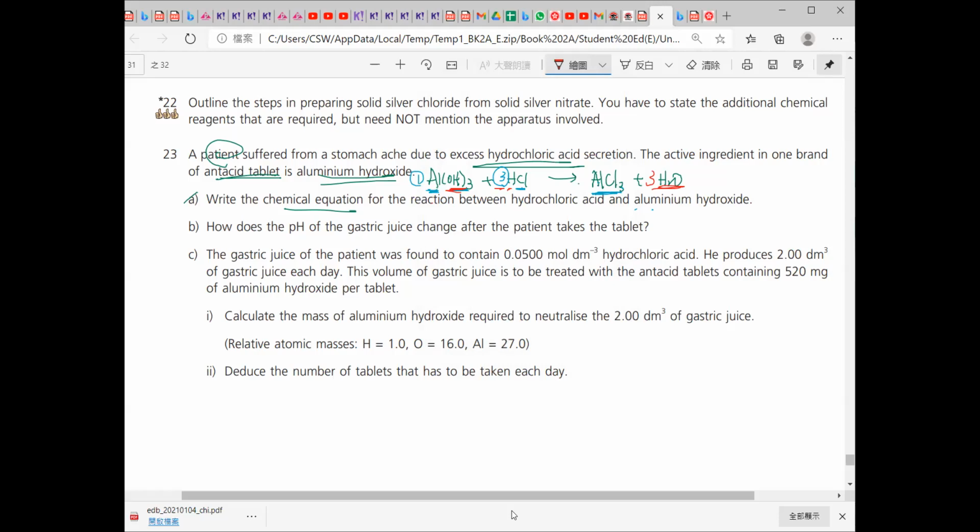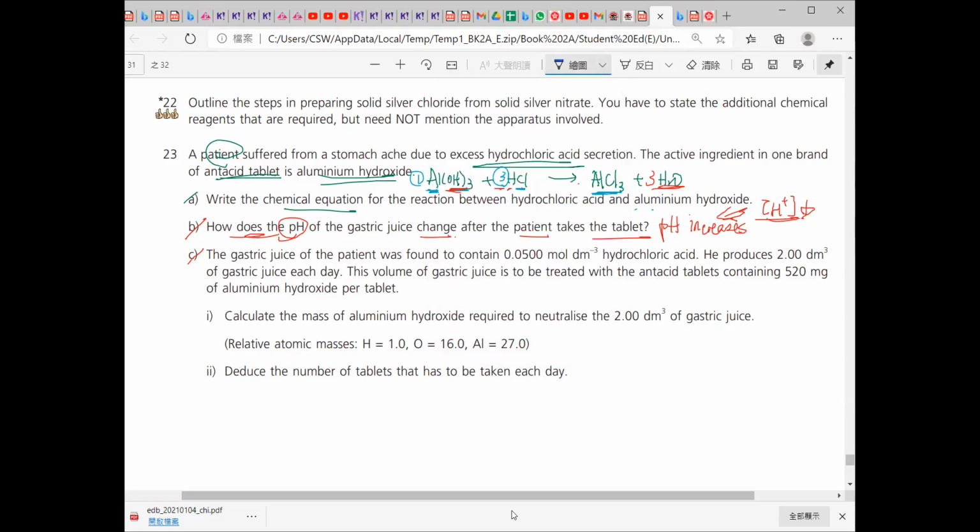And then second, how does the pH of the gastric juice change after the patient takes the tablets? What happens to the pH? No change, increase or decrease? What happened to the pH? Should be rise. Yes, the pH should rise, right? Increase. Why? The acidity of the gastric juice decreases, so the pH value should increase. 冇咁酸啊嘛，pH 值咪升。